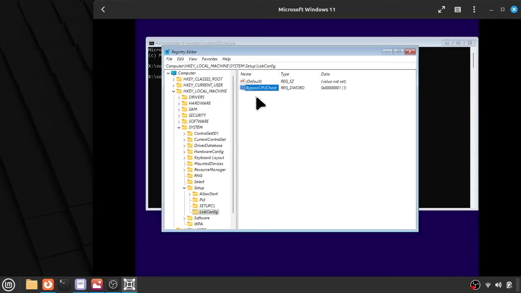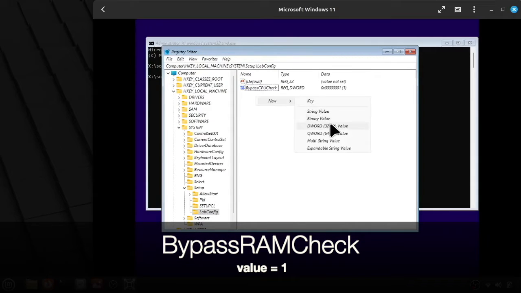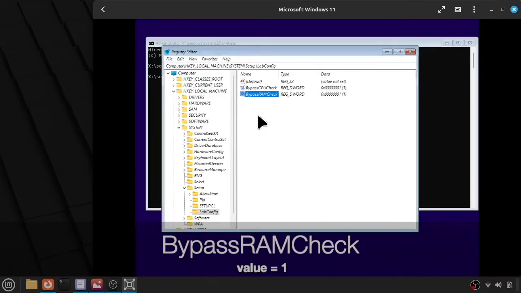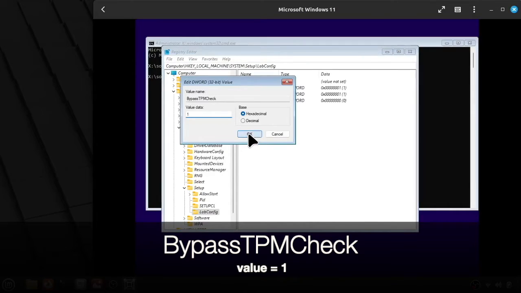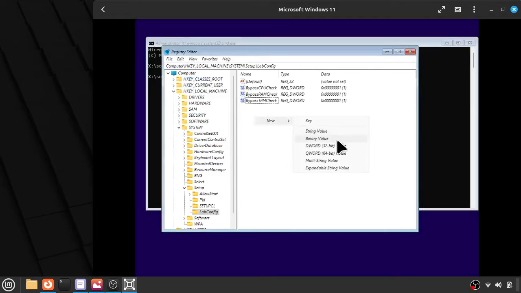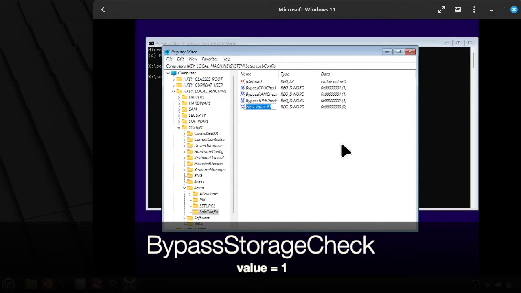And then we're going to repeat the same process: new key, DWord, and we're going to create BypassRAMCheck, and again set the value to 1, click OK. New key, DWord, and BypassTPMCheck, and value to 1. And same again, and we're going to create BypassStorageCheck